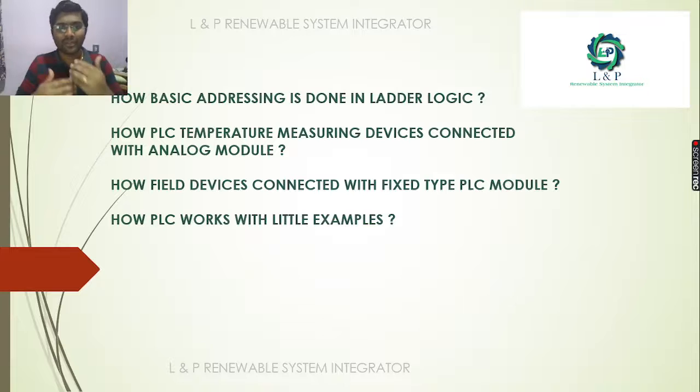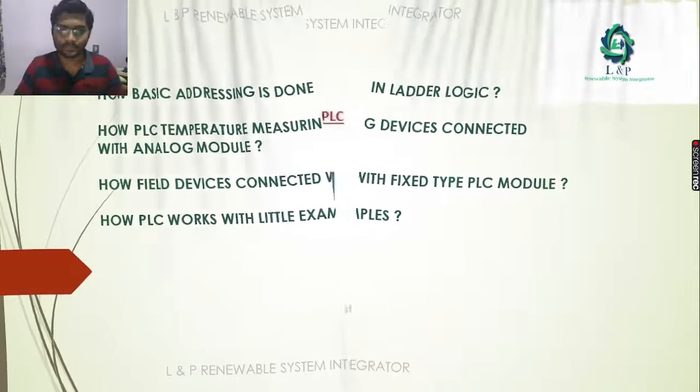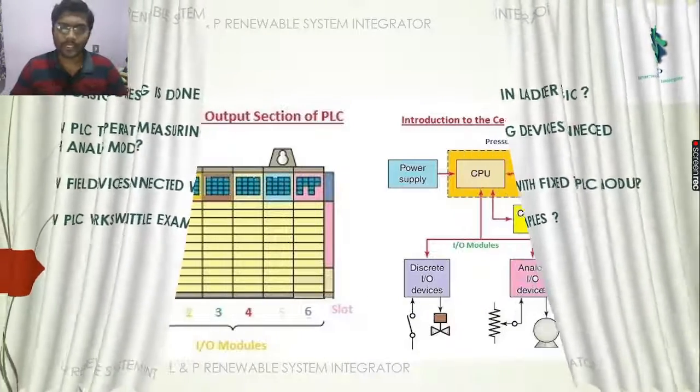If you have a temperature measuring device, how does it get connected with the analog module, and what are the field devices? How are the field devices getting connected with the fixed PLC module, and how does a PLC work, with a little example? First,